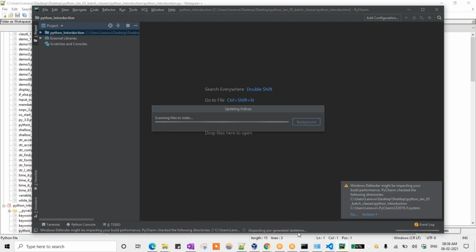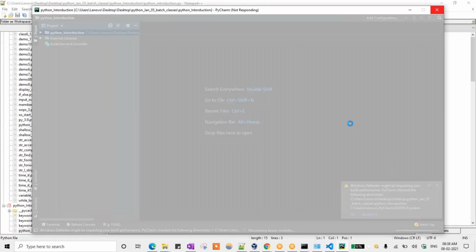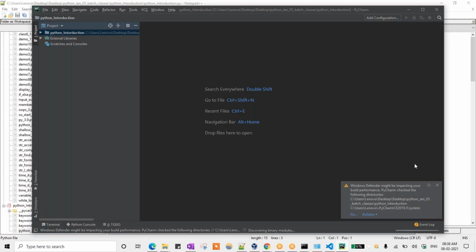You can see here it is unpacking a pre-generated skeleton. You can close it here, no problem, that is not a problem. Sometimes it doesn't respond because it is taking larger resources. Okay, no problem.